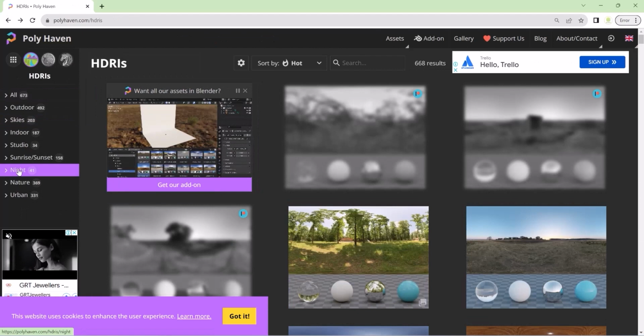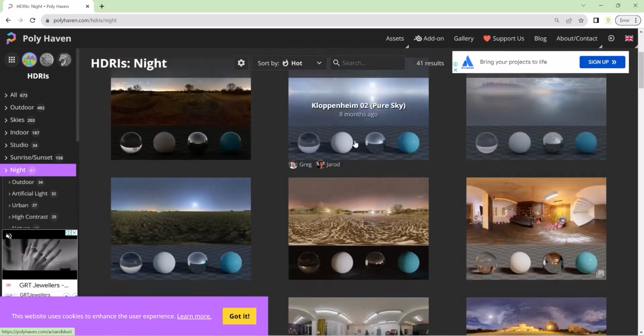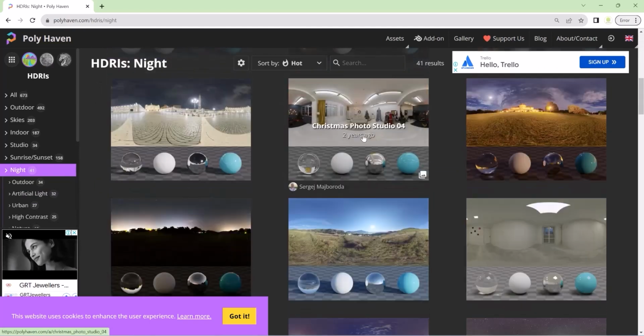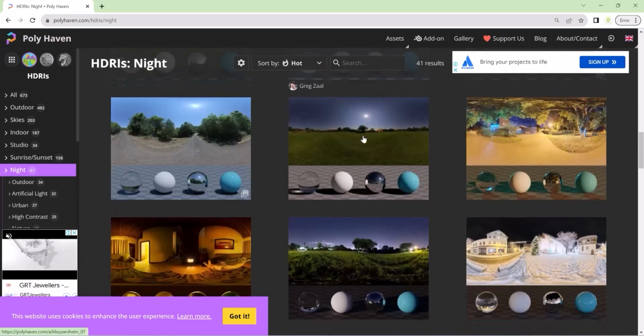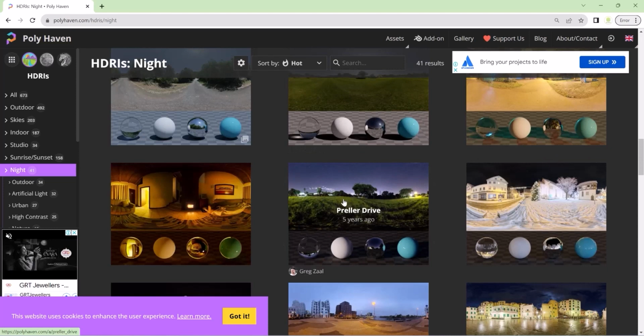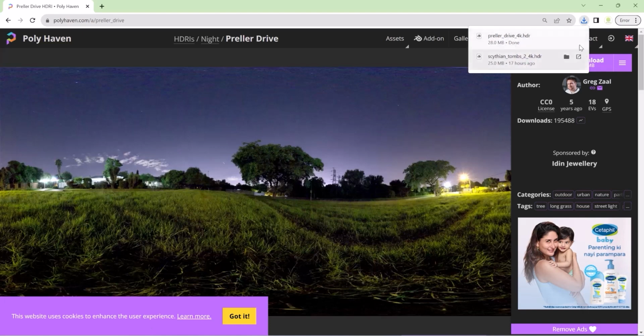Now let's select a nighttime HDRI. So here we have an option called night. Just click on this. Now let's see what nighttime sky will be good. So let's see this one. So we'll download this night sky. Just click on HDR and download this. So this is downloaded,